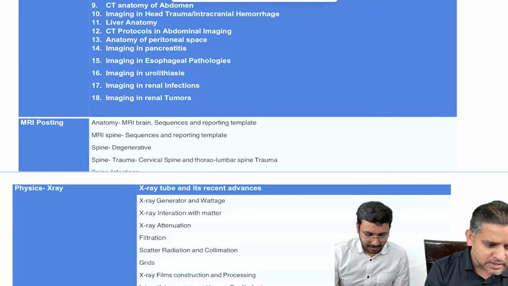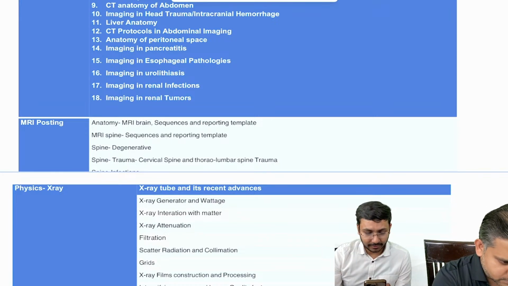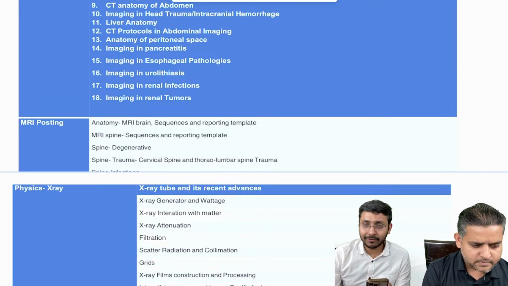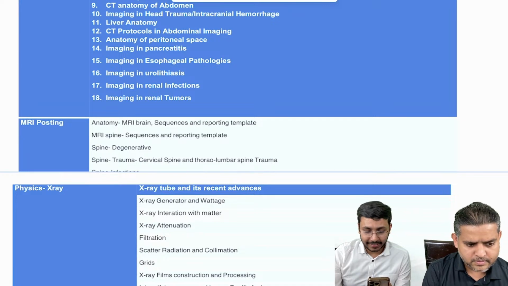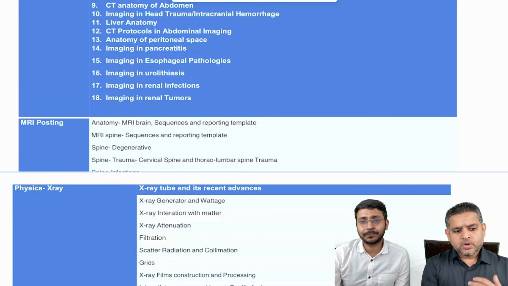Okay. Sir, another student has asked, sir, I'm a DMRD resident at my institute. My institute doesn't give us separate postings in MRI and CT. They mainly focus on ultrasound. So please guide how to do important topics in CT and MRI for DMRD. So first of